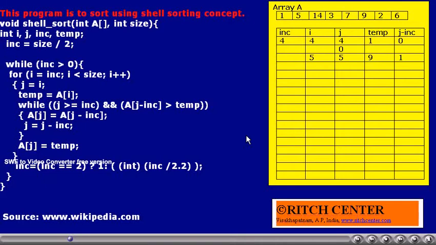Now, we take another set with the H value 4, that is 1 and 5. First element and 5th element. What are their values? 5 and 9. Already they are in the ascending order, so we need not require to apply any sorting on them or exchange operation on them. Now another set, that is second element and sixth element. Their values are 14 and 2. We wanted ascending order array. Thus 14 and 2, they get exchanged.